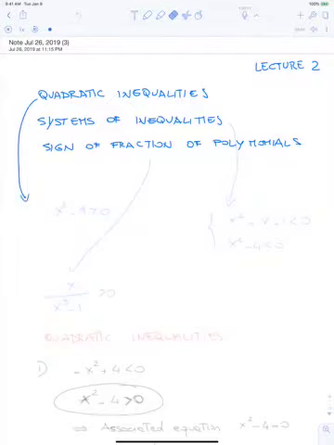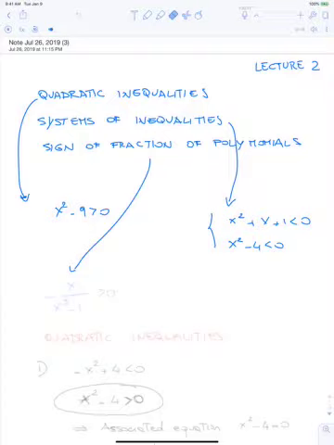So the first object is something in the form x squared minus 9 greater than 0. Second object is something in the form x squared plus x plus 1 less than 0, and x squared minus 4 less than 0. And the third object is something in the form x divided times x cubed minus 1 greater than 0. So these are all inequalities that we might find